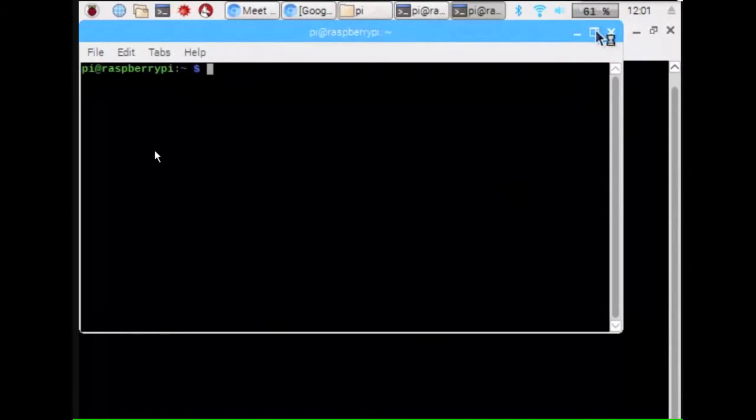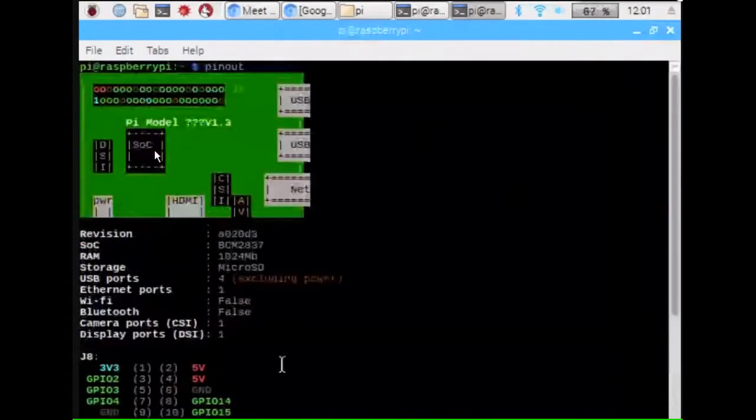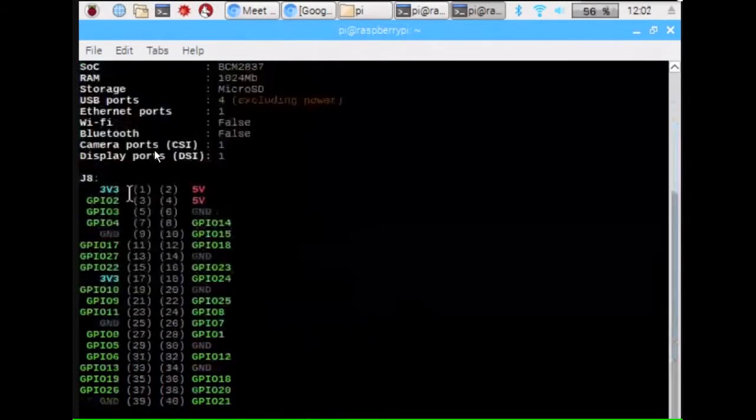After opening the terminal, we have to use pinout to get to know the structure of your Raspberry Pi, which is like this. USB ports are there, Ethernet cable, HDMI port, power, and a number of information is also provided, that is RAM, storage, Ethernet, Wi-Fi, Bluetooth, etc. Along with that, they are providing the pinout for Raspberry Pi. Total 40 pins are there, 1 2 3 4 like that.